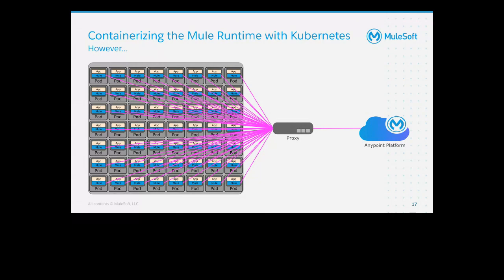So they actually had to upgrade their proxy to make sure that the communication between the Mule runtimes and the Anypoint platform, in this case, Runtime Manager and API Manager, worked. It required their network to be upgraded, their proxy to be upgraded to handle the large number of connections and the amount of data coming through. So this is something that you have to keep in mind when you decide to containerize your Mule runtime and have it managed by the Anypoint platform.